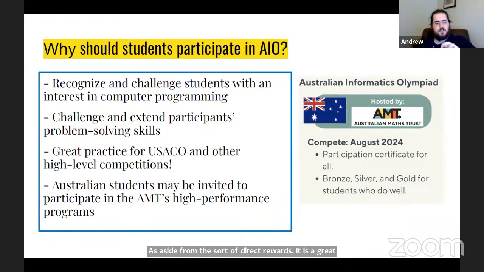So aside from the direct rewards, it is a great challenge for you, and it does develop the ability to solve problems. It is great to know how to program for its own sake and understand the programs that we see in the world and be able to make software and that sort of thing. But this is a more open-ended challenge. And that kind of skill set to be able to solve those open-ended challenges is really valuable, not just in computer science and academia,